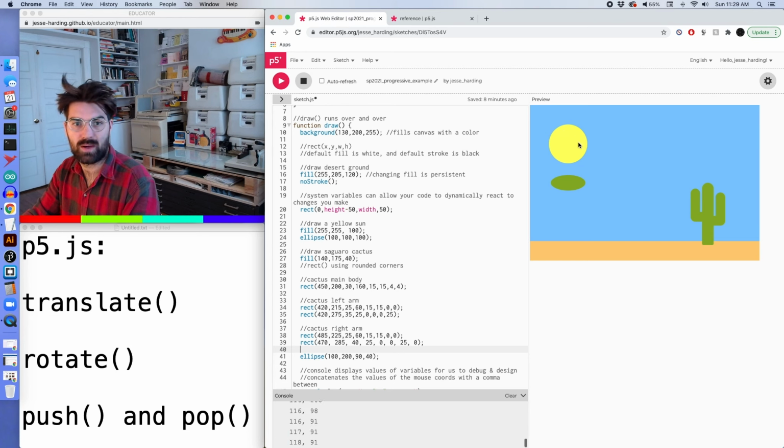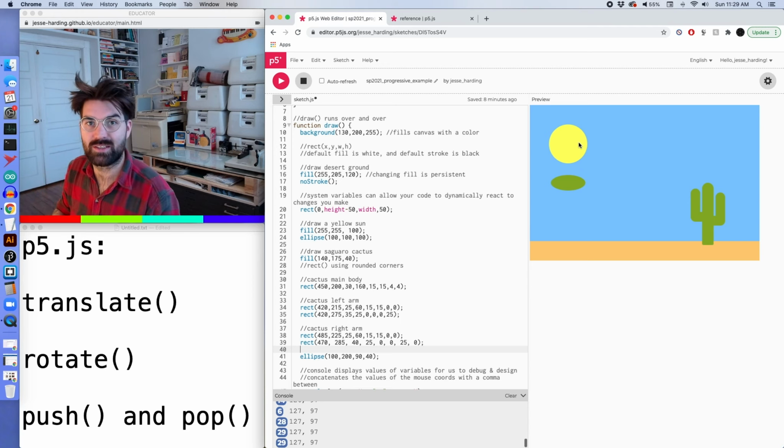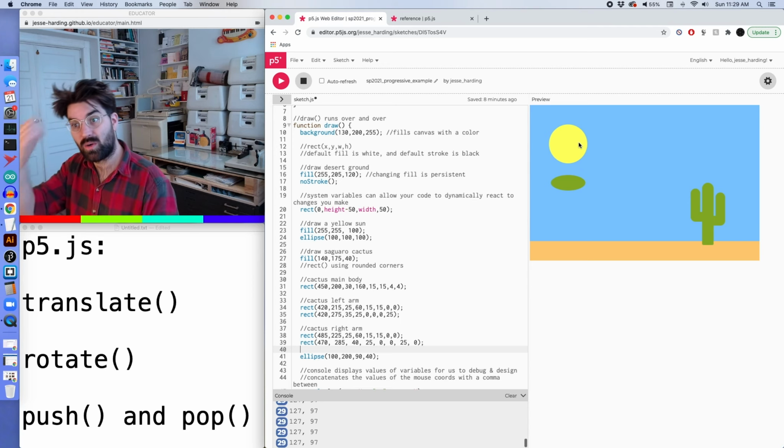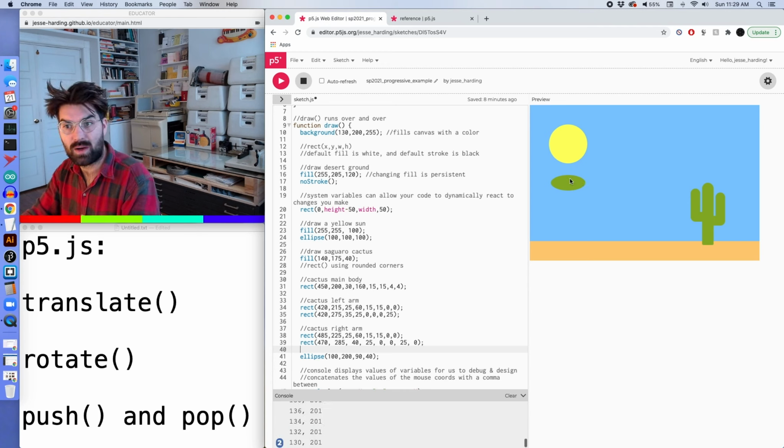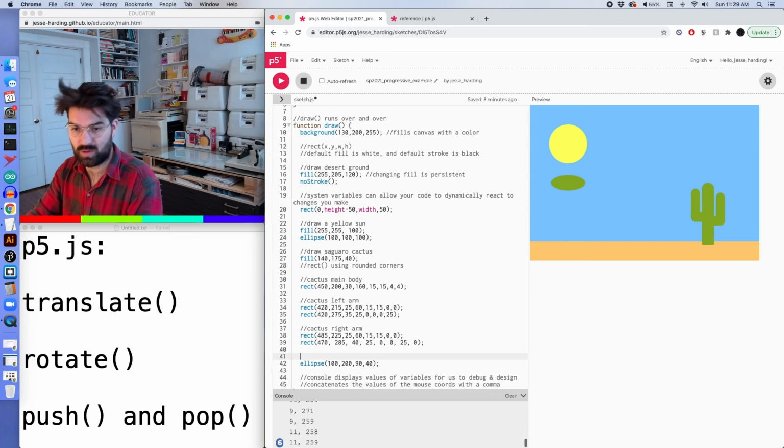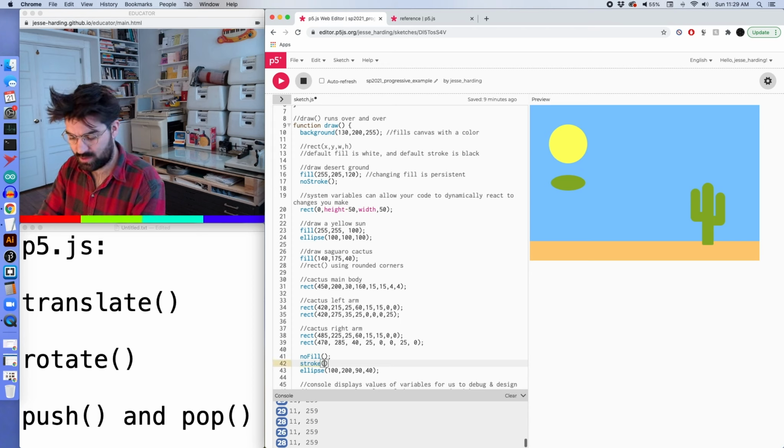That'll be what we do to use these bits of code. So what I'm going to do is remove the fill and set a black stroke. To do that, remember we can use the noFill function to make a transparent fill. And I'm going to set the stroke to black,